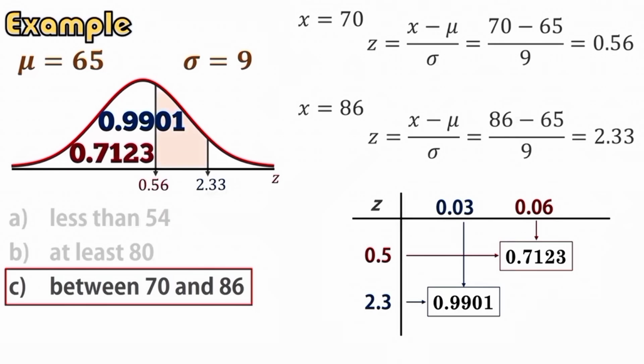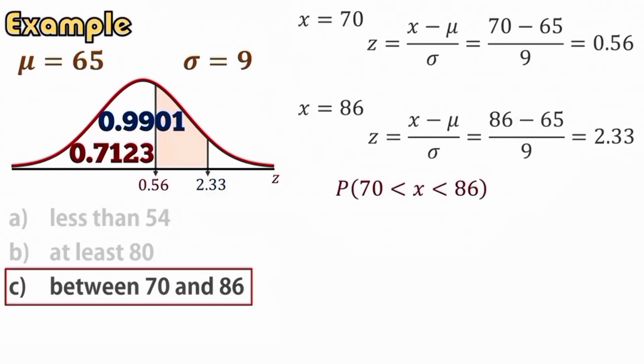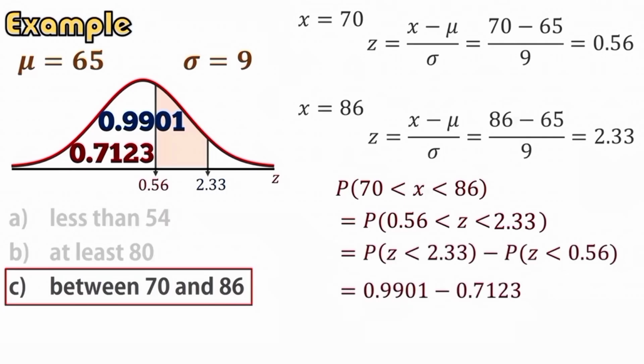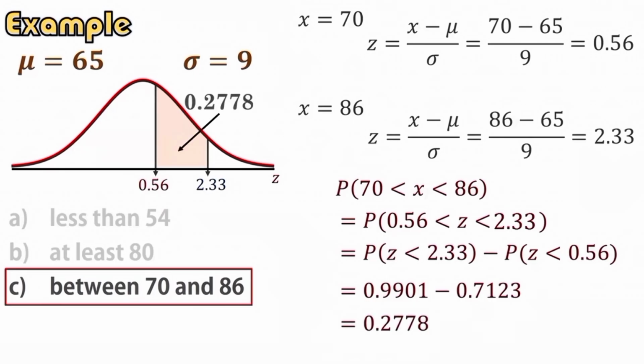But we are using between, so the area we want is in the middle, the shaded part. So what we have to do is subtract the two areas that we found earlier. So 0.9901 minus 0.7123 is equal to 0.2778, and that's the area between